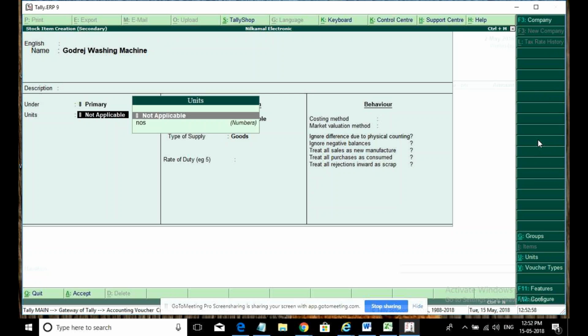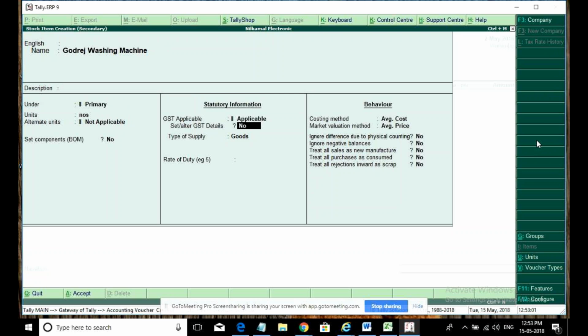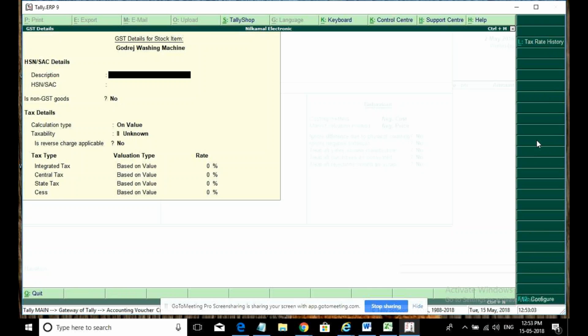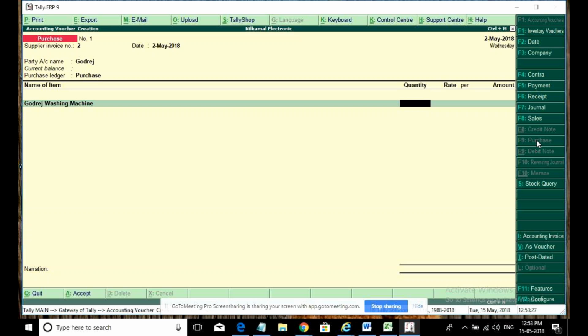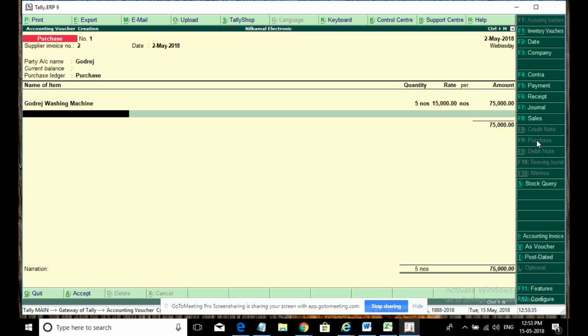Nos, GST applicable, set or alter GST, Godrej washing machine, HSN code 98754, taxable, I will select 5%. Type of supply goods, quantity, I will select 5, cost 15,000, and CGST,